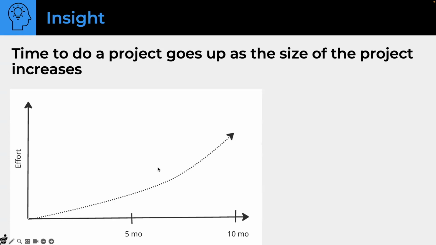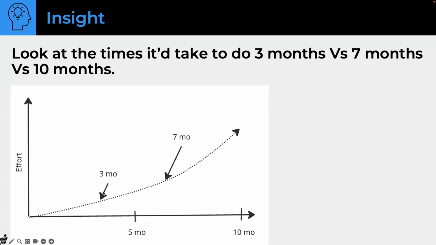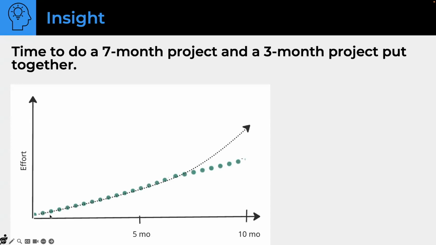But what I pointed to was that we now had a 7-month project and a 3-month project. And in fact, what we kind of got was the 7-month and the 3-month, and it's less than a 10-month project. They said this is what happened because they knew they were going to be adding to it. So they had a decent architecture to extend. They didn't figure out all the details, but they put in the abstract layers when they needed to. So a 7-month project and a 3-month project put together in the right way is less than a 10-month project.